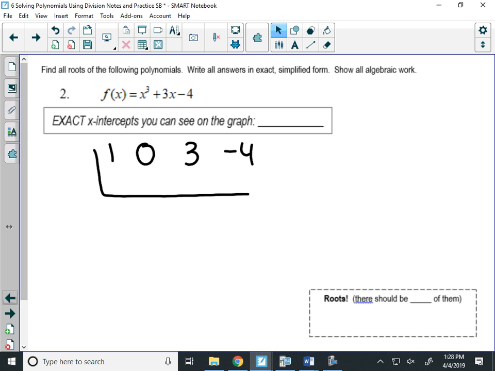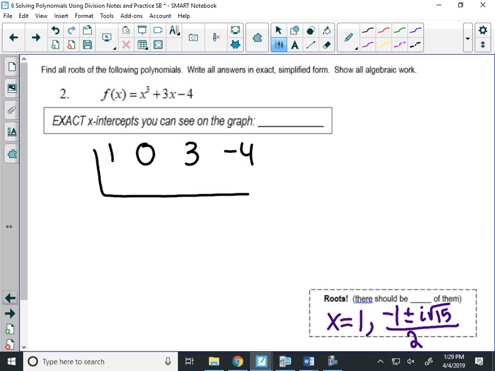Let me put the answer on the board for you, and then there's also problems on the bottom you can do. But if you can get this one, you'll be good. Okay, so the root's here. All right, so I'm going to leave the answer up for you, and then